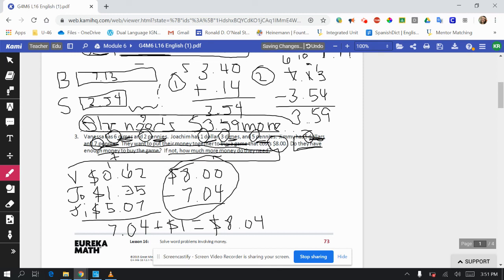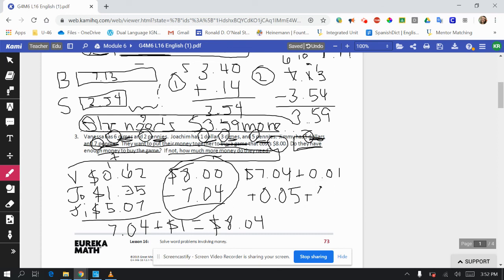So again, you could subtract it this way, but actually the way I'm going to do it, I'm going to do what I call counting up. Okay, so I'm going to start with $7.04 plus another penny. And now I'm going to have $7.05 plus another nickel, which would now be $7.10